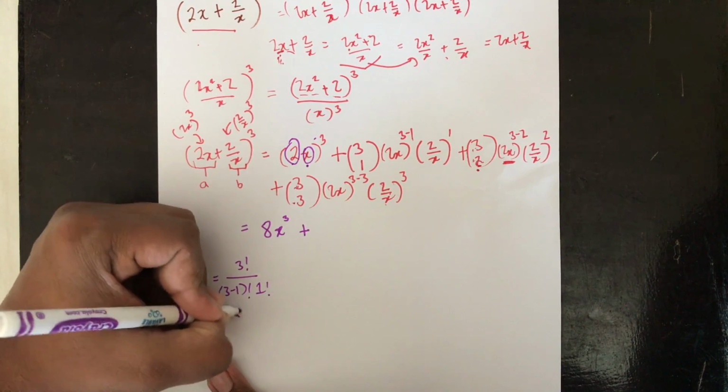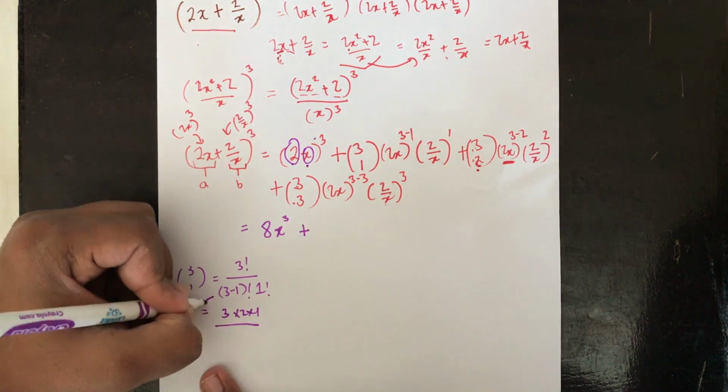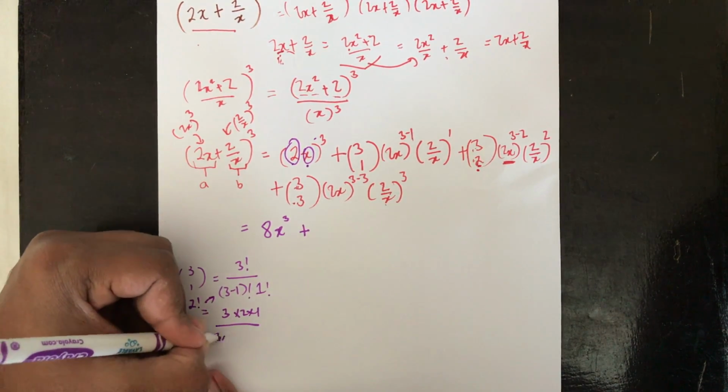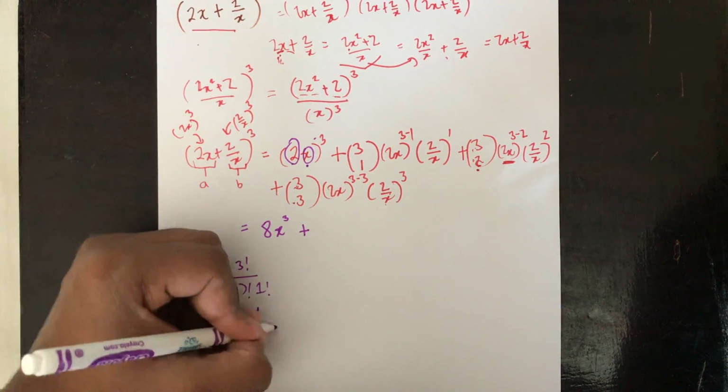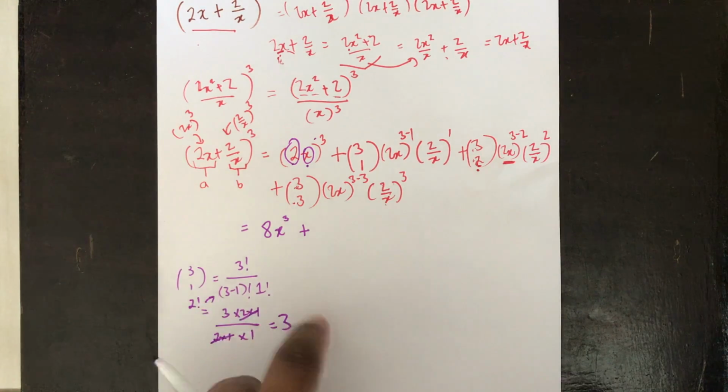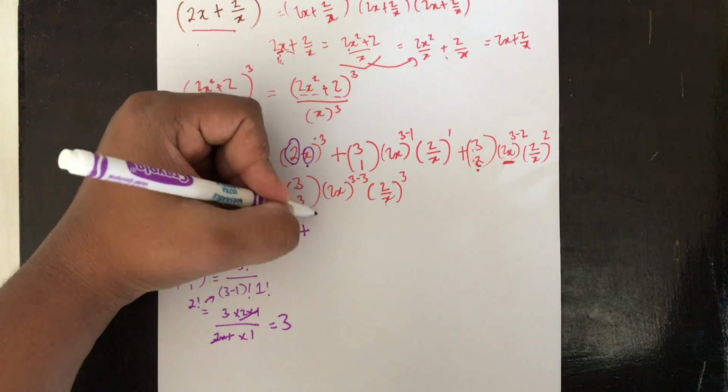So this is the same as 3 times 2 times 1 divided by 2 factorial. So this is 2 times 1, because 1 factorial is just 1. These things cancel out, so I get 3 over 1, which is 3. So this is going to be plus 3